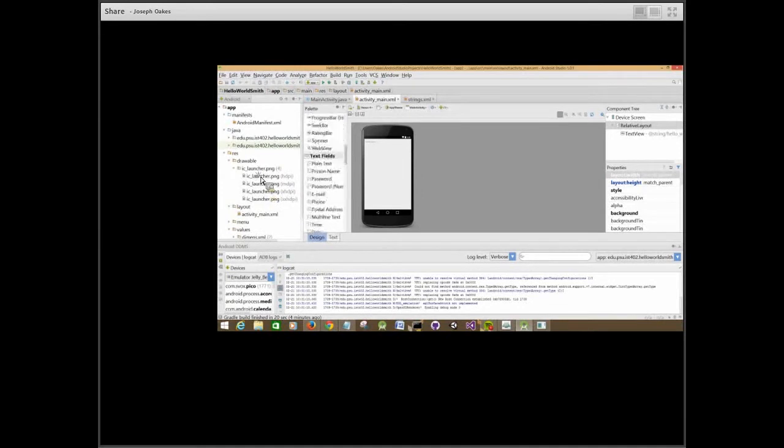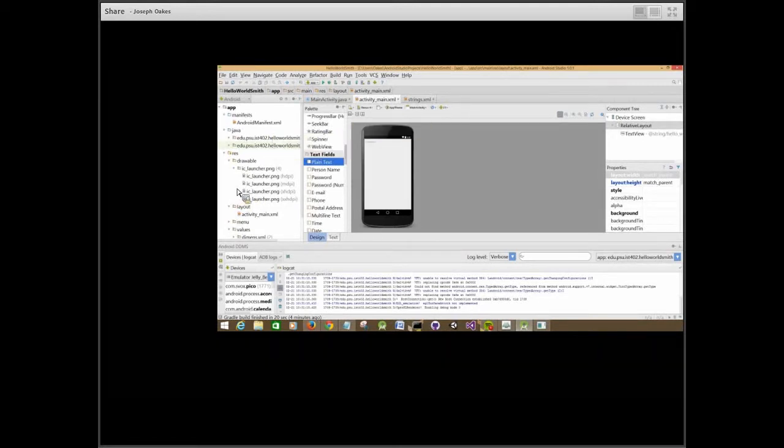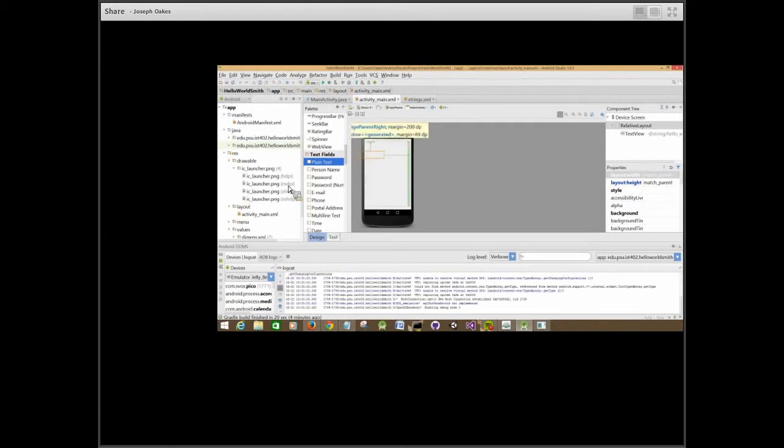And what it's doing right now, it's starting up an emulator that's trying to emulate whatever device, whether it's a tablet, a phone, TV,